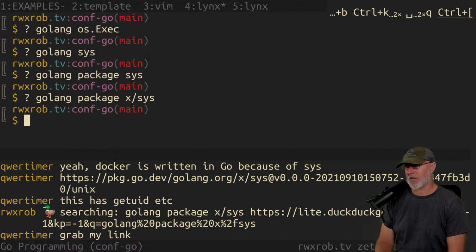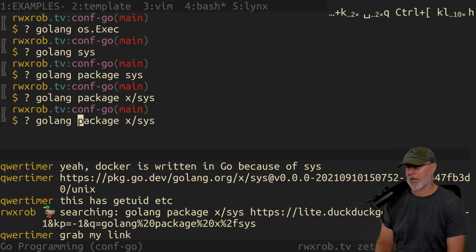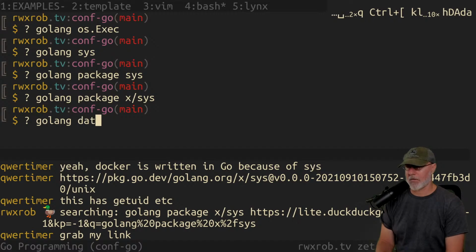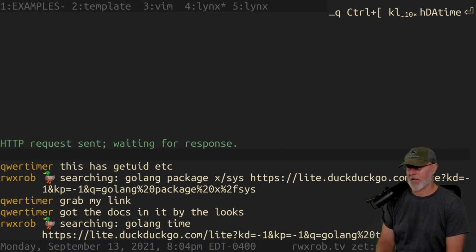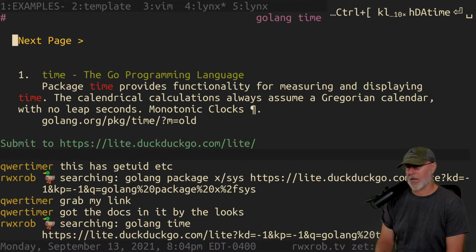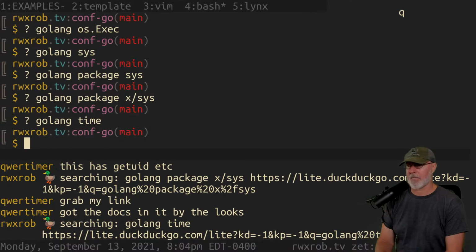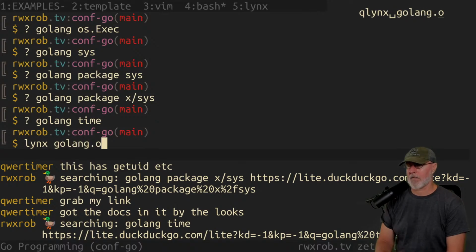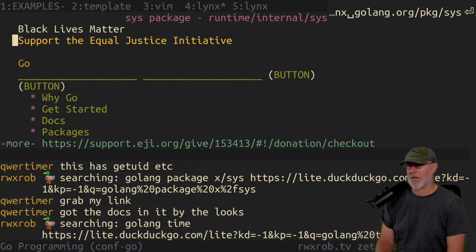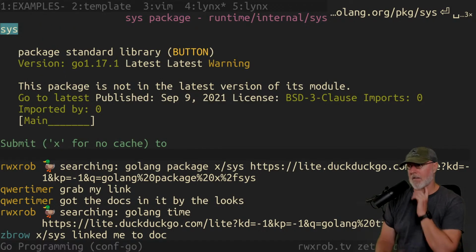So, let me think. If I was going to look up time, golang.org, package time. I'm going to do that. PKG sys. Is that a thing?